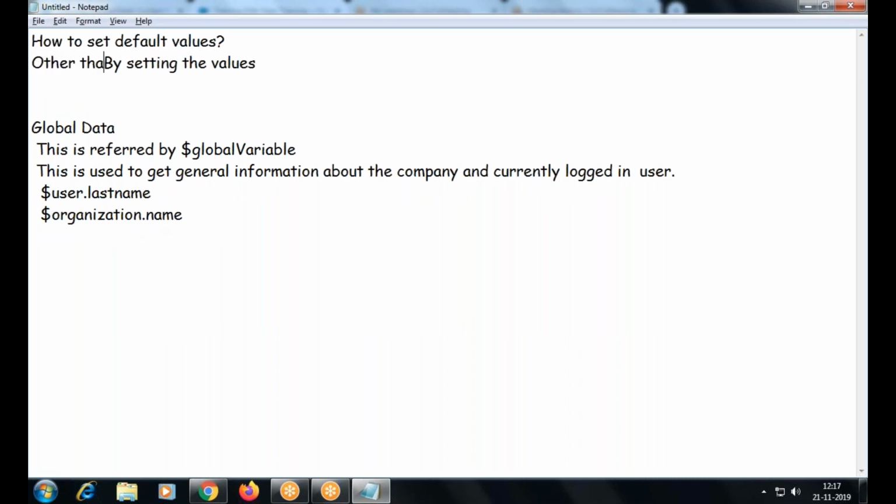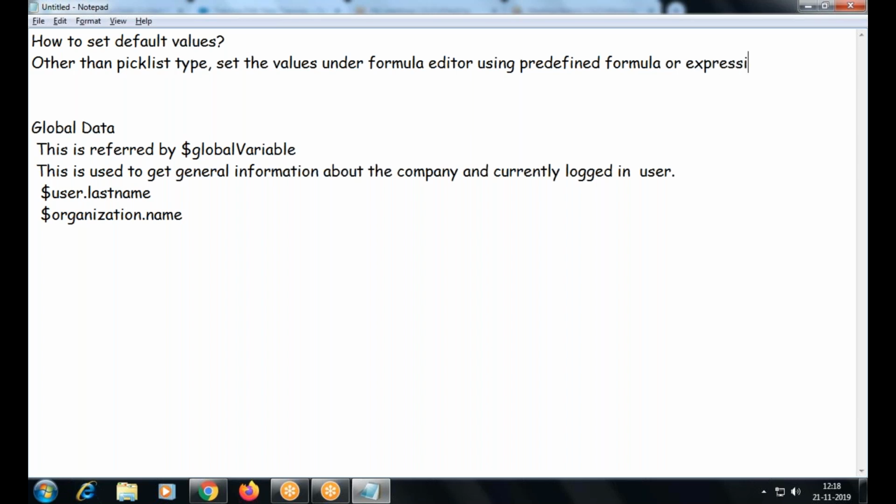Other than pick list type. Am I right? Set the formula values under formula editor using a predefined formula or expression.